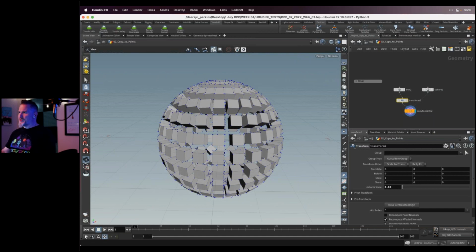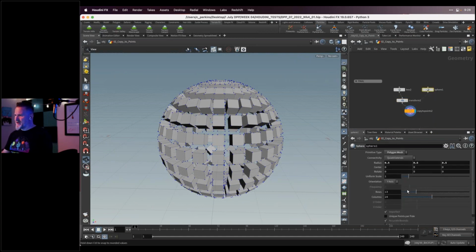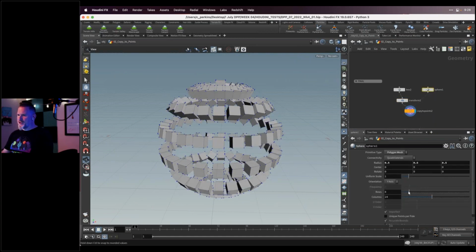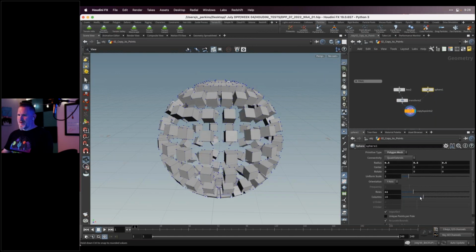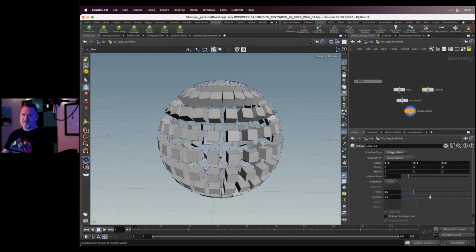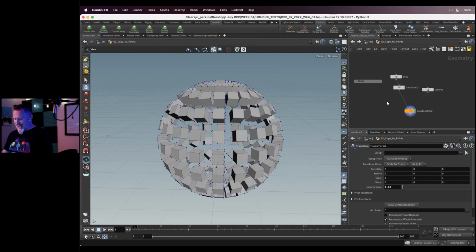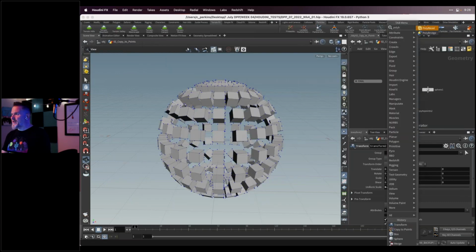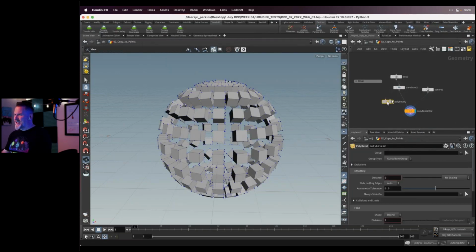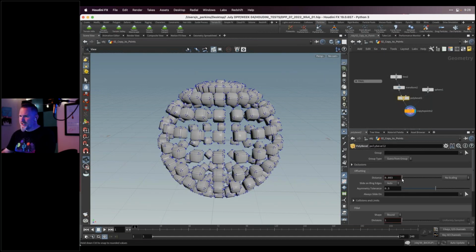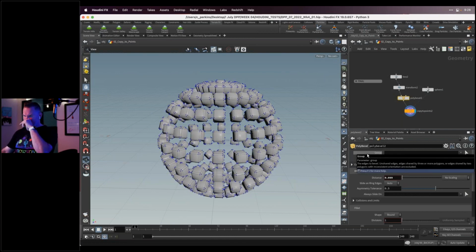And again, it's procedural, so we can go back to our sphere and change the amount of geometry, and then we're changing the number of boxes because it's procedural. We could also go to our box and add a poly bevel, for example, and then we can bevel this edge, and it's all dynamic and wired, and nothing is burned in.